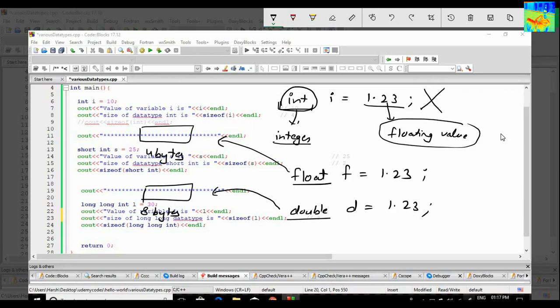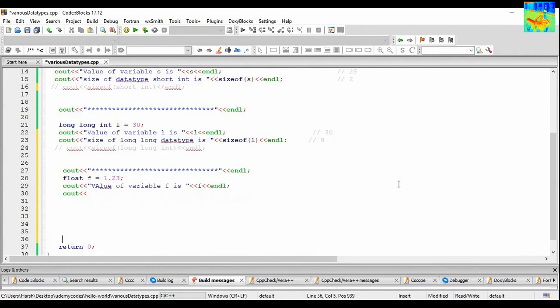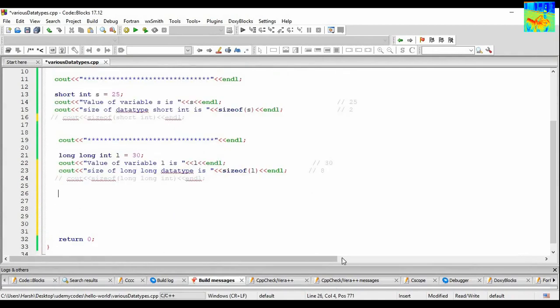Okay, so just like short int and long int, float has a smaller range and double has a larger range. Okay, so since float has 4 bytes of space, it will store decent size floating values, and double has 8 bytes of space, so it can store big floating values. Float can store small floating values, and double can store large floating values. Let's see an example. So first of all, let's comment it out, and similarly comment it. Okay, so let us first talk about float data type.